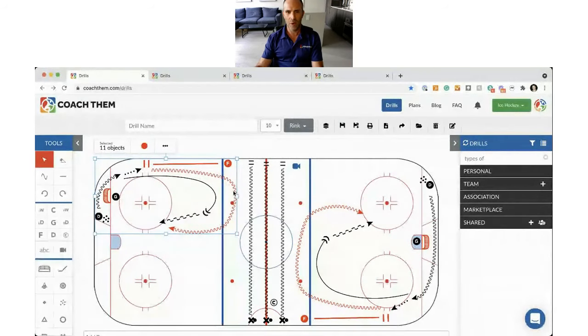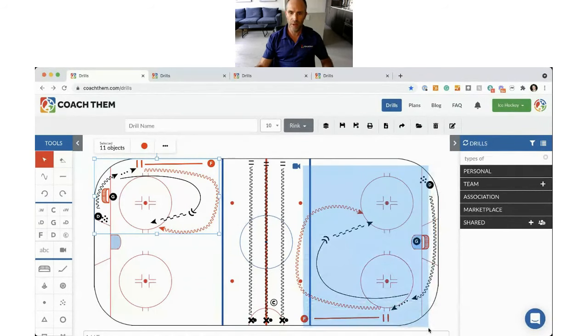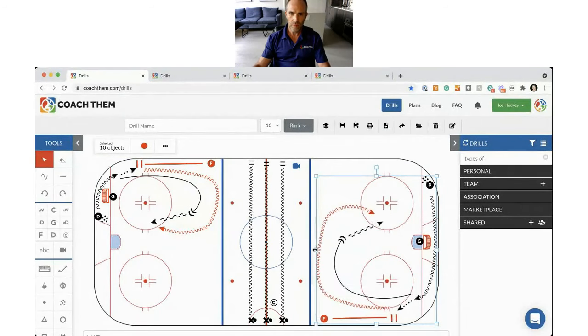Now we're going to be in edit mode, stretch mode. Same thing, if you put the mouse over here, we are going to bring that in, and it's completely carbon copied to the other drill. So same thing here, we're going to bring this one in too. I think that's pretty cool.